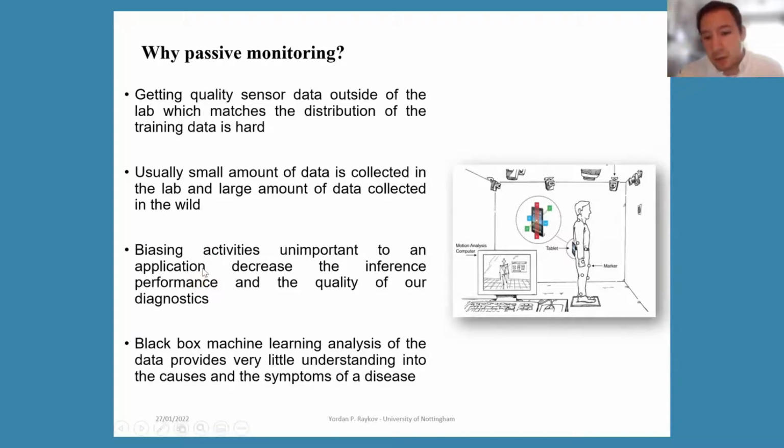So anything that goes wrong during these active tests in this limited period of time is going to affect your ability to tell someone whether they have Parkinson's or not, whether they're taking their medication or not, and it's impacting real people's routines. And finally, probably most important, is that you're going to be tempted to deploy black box machine